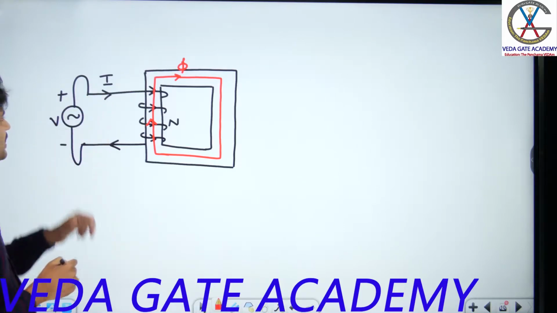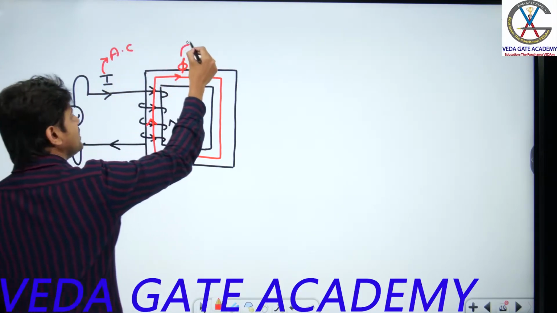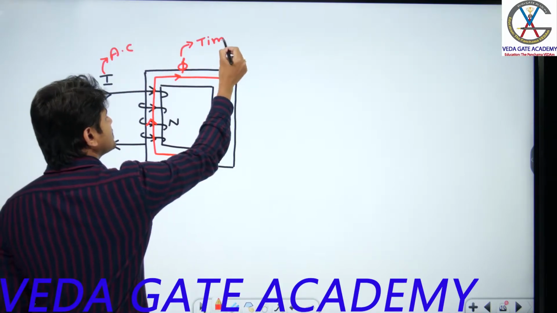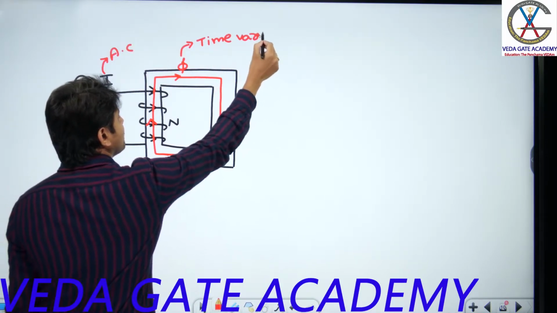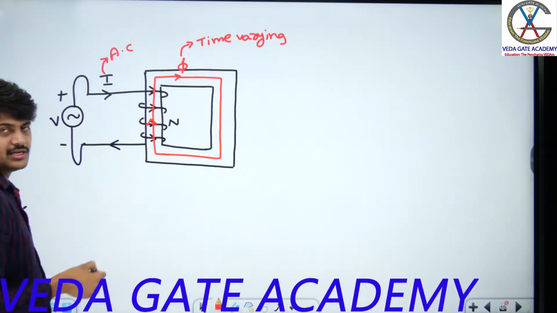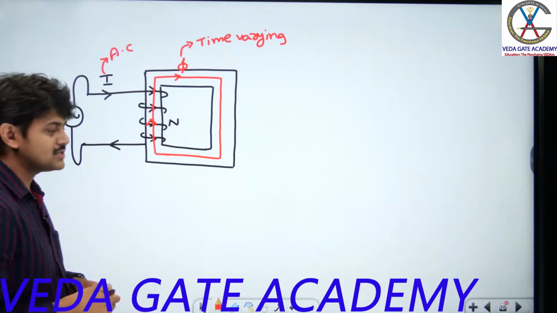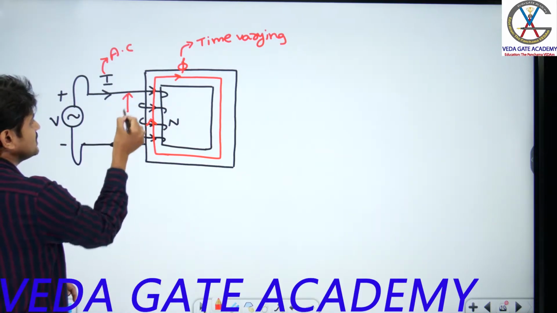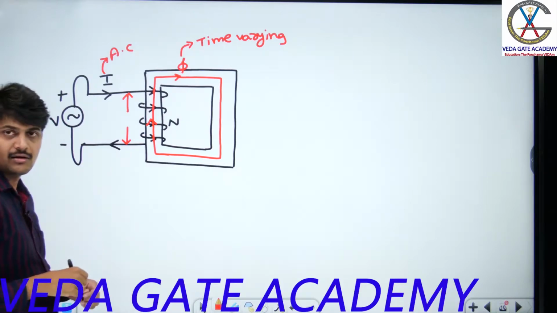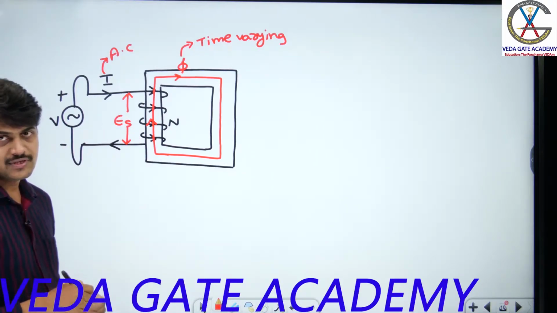Here are we supplying AC current or DC current? It is AC current. And here the flux is varying, time varying or time invariant? It is time varying because the current is AC. Because of this time varying flux linking with the coil having n number of turns, obviously EMF gets induced across this conductor or coil. This kind of EMF we call statically induced EMF.